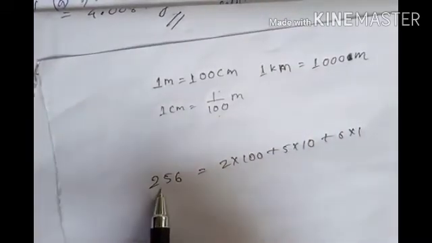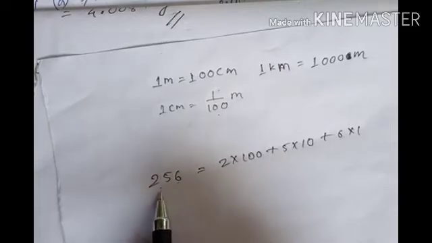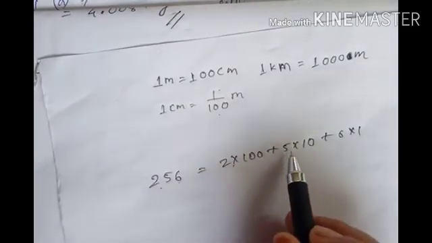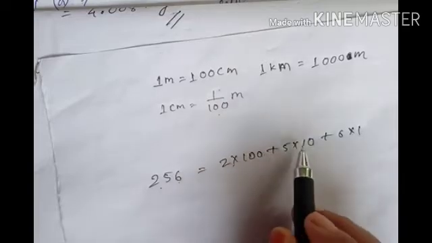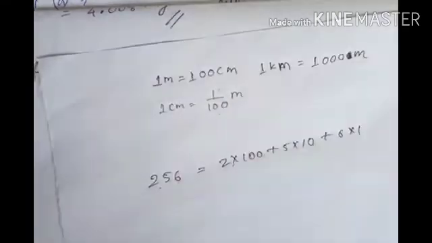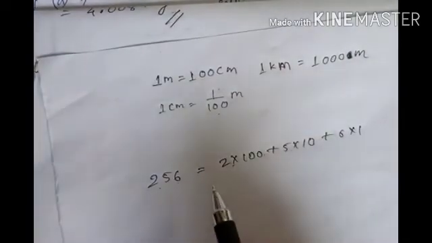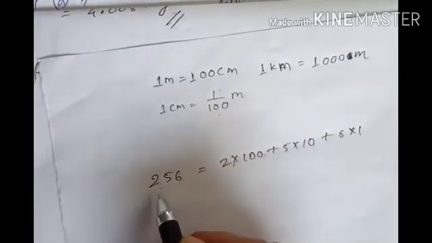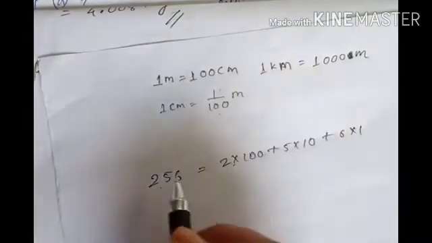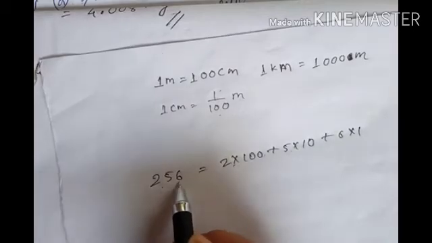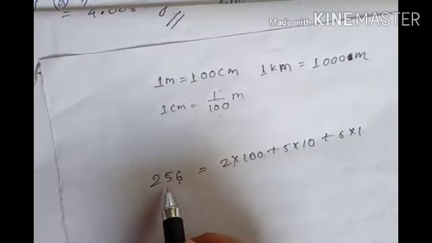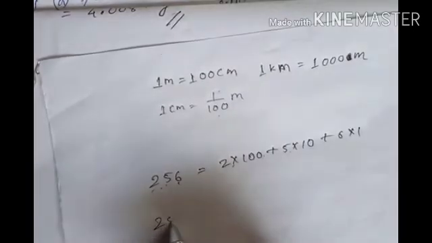We know how to write this. If it is not a decimal, 256, how will you write it, in this way. Okay, 2 into 100, 5 into 10 and 6 into 1. We know very well, isn't it, how to write expanded form, because in the previous junior section also we have studied this type of question. Now there is a decimal, so we know the Indian counting system, the place value system, how you count, ones, 10, 100, isn't it? And if it is a decimal,